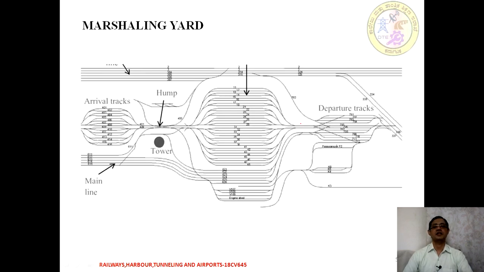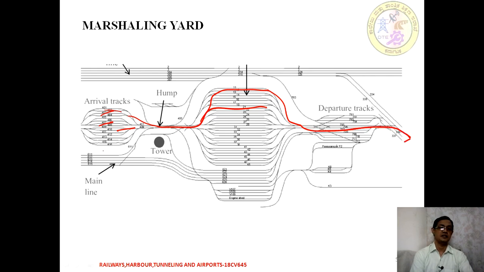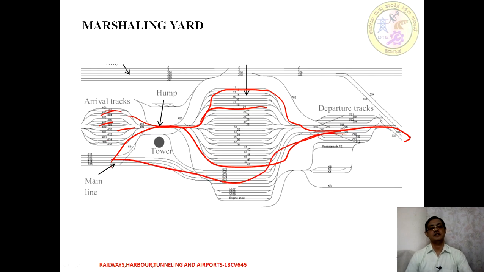This is the image in which we can see how the marshalling yard is taken into account. These are the number of arrival tracks. Depending upon that, we can divert the train according to the required sorting operation. Once it is sorted, it is dispatched to the respective destination. Similarly, depending upon the number of lines and number of approaches, it is sorted out, or sometimes if you want to move in a direction, it can be taken away. So, that is the importance of marshalling.